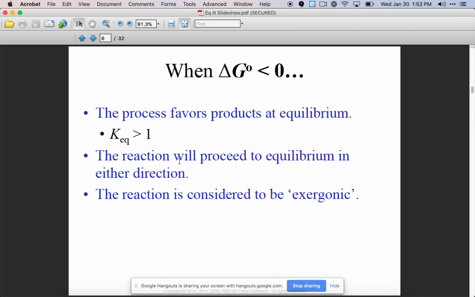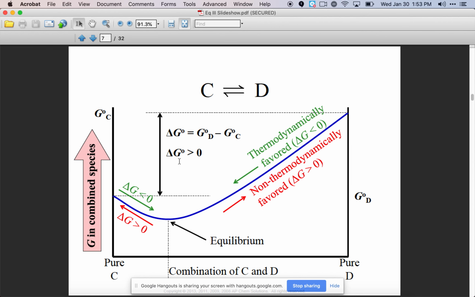Have you guys heard of exergonic in physics before? Yeah, but I don't remember what it is. Well, it just means that it's releasing energy. Oh, that's all it means. So this is the opposite, where you have